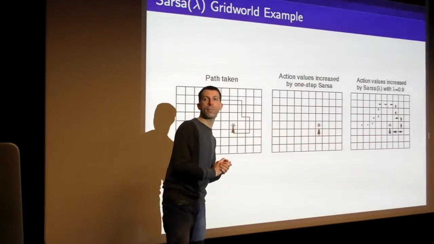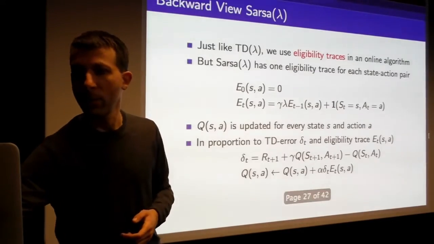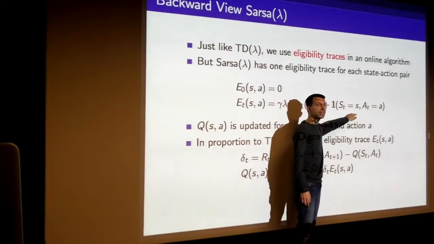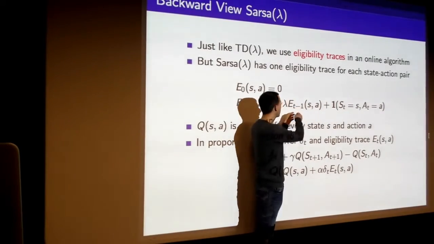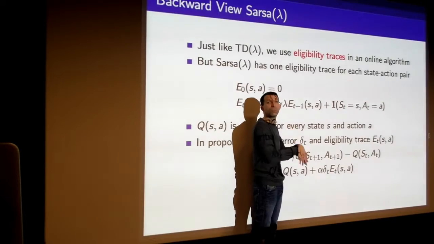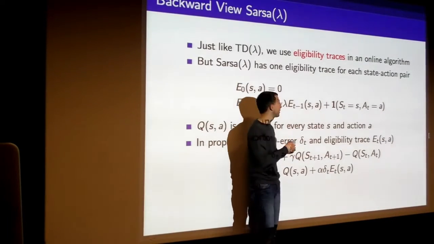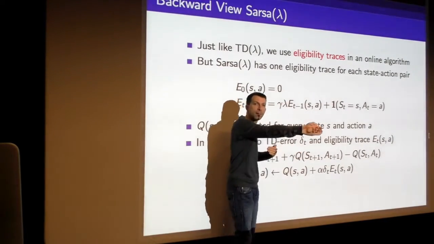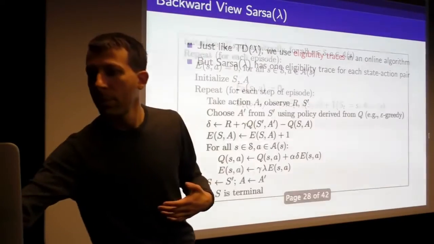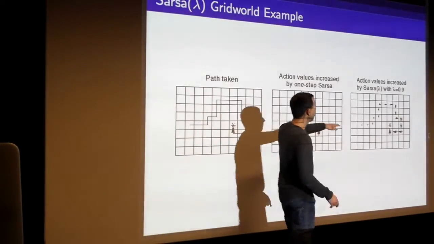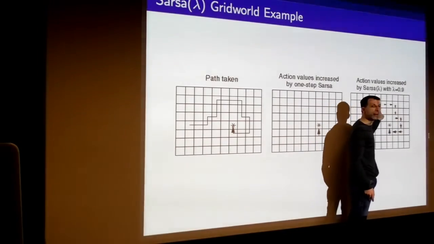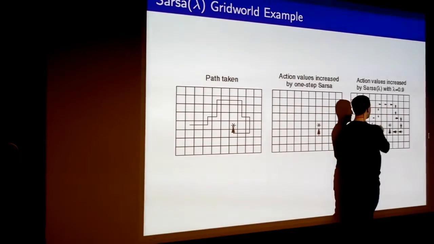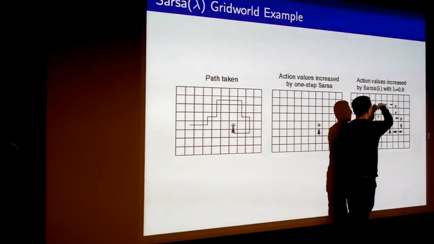No, so if we go back to the updates in the algorithm, the eligibility trace is incremented in all the states and actions you visit, but it's also decayed every time step. It's decayed by a factor of lambda, and also by your discount factor gamma. So that's why this lambda parameter sets how far back in time you look, because now you've got this decay rate, which basically tells you how steeply you want your eligibility trace to decay going back along this trajectory. So if you set lambda to 1, these will be of equal magnitude, like these arrows would still be thick, like the updates that you make all the way along the trajectory would still be large,